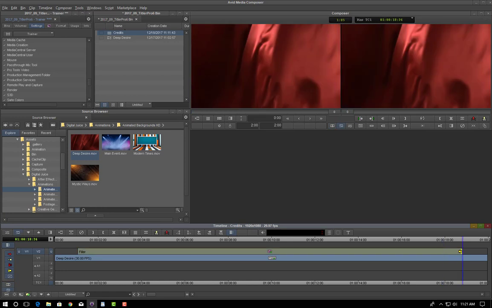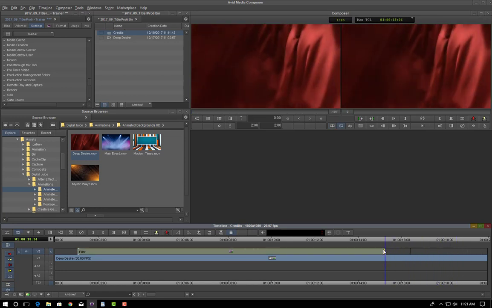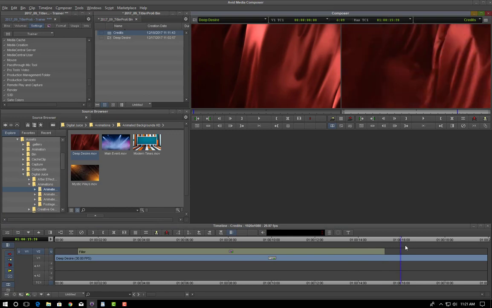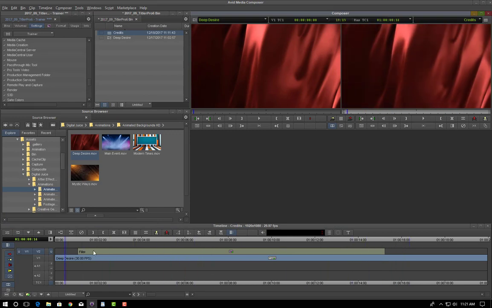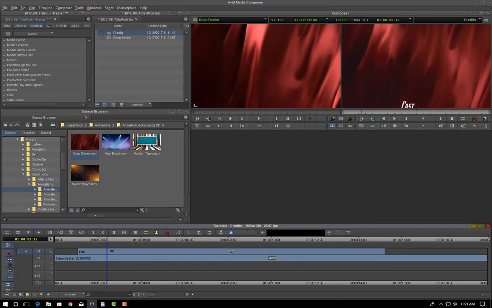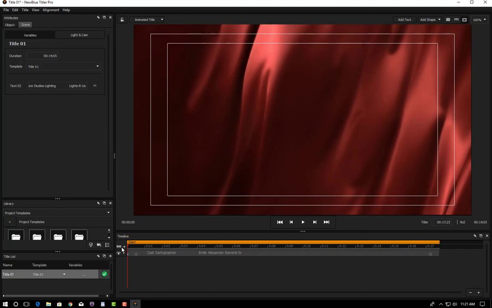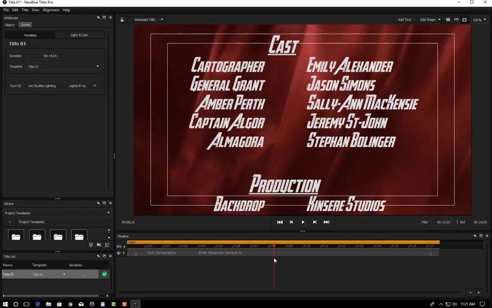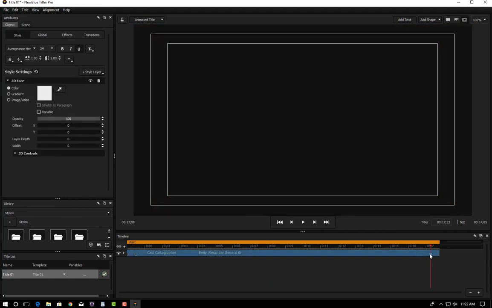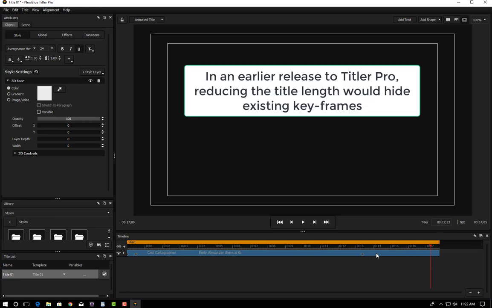Now, if I decided later on that I wanted to make this title shorter, you'll see immediately that we have a problem. So it doesn't automatically change the size, but it's actually fairly easy to repair. I can select Add Edit. It will immediately take me back into the titler. You can see that the new length is 14.5 frames. And it was 1723, so I can actually take this keyframe, bring it down,